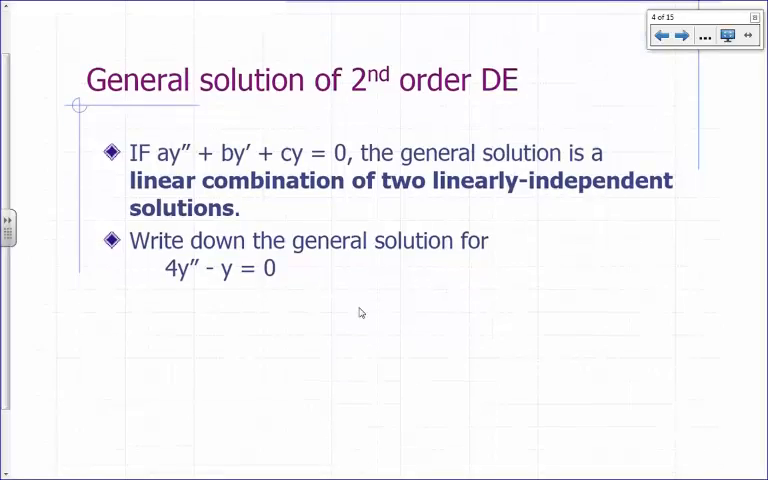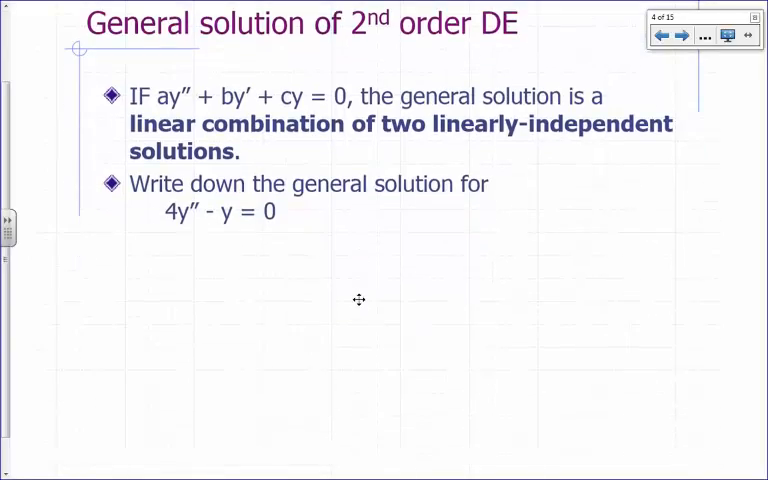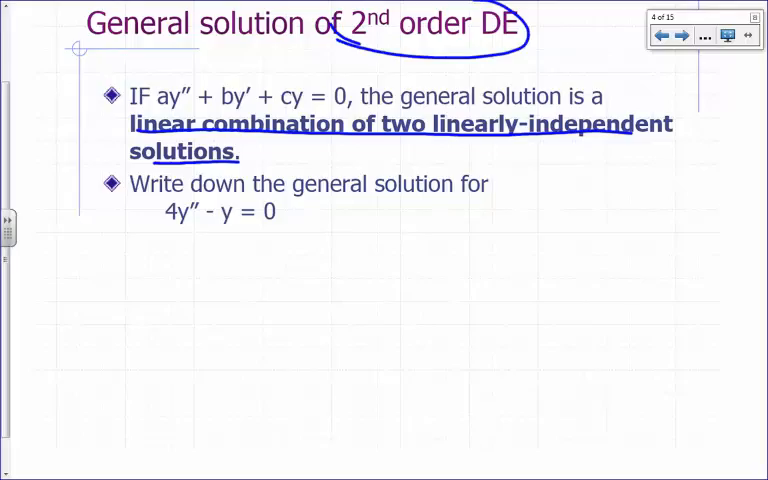Now, the general solution of a second-order differential equation is a linear combination of two linearly independent solutions. Okay? So this is a second-order differential equation. That means the highest derivative is the second derivative, right? When we're solving it, basically what we're doing is we're integrating twice to get back the function, right? So if you integrate twice, you get two integration constants. And so